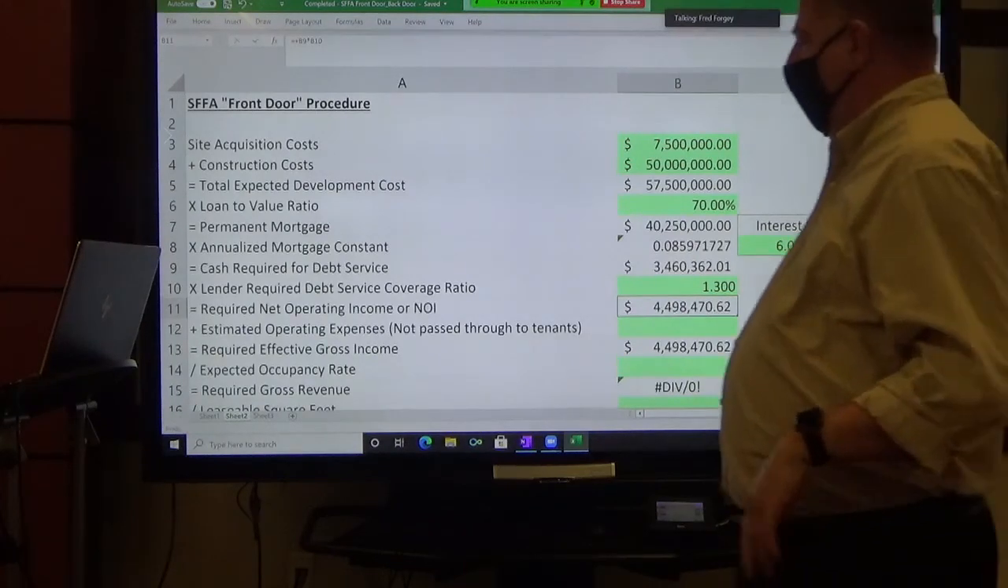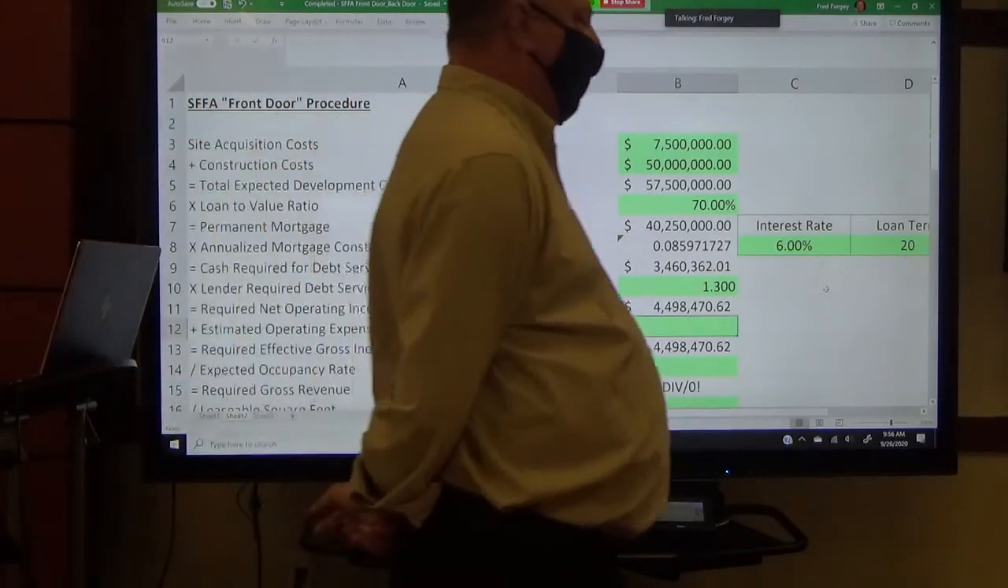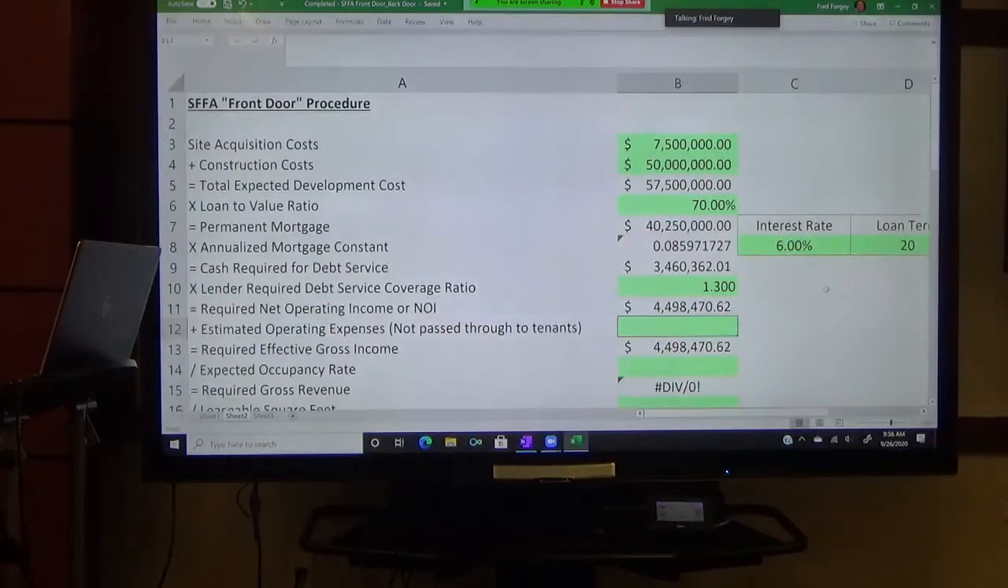Okay? All right, so that's our required net operating income. Hopefully you match up with that. Now here, operating expenses. So this would be the equivalent of total operating expenses on the income statement. Now, we can actually enter a 0 here if we wanted to. Don't need to, but I'm just saying we could, because